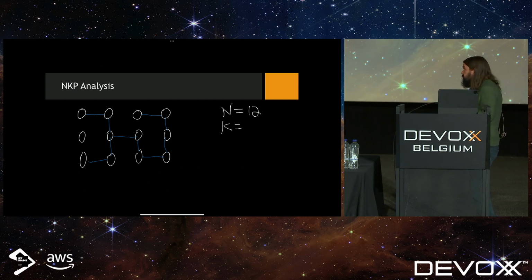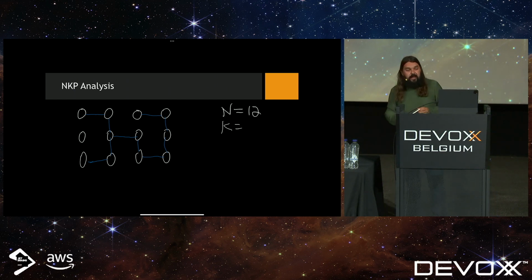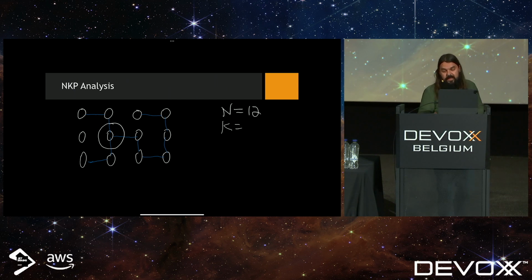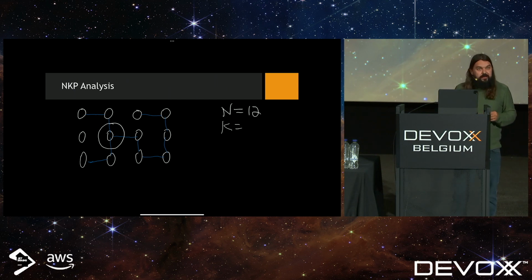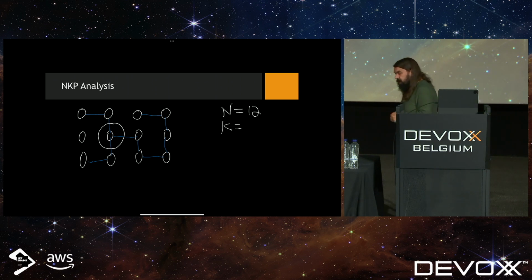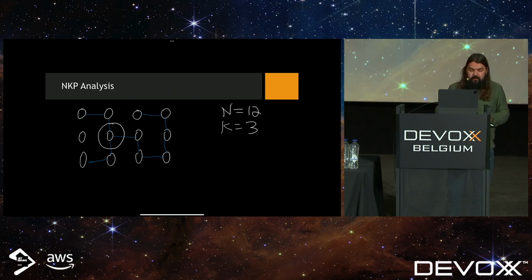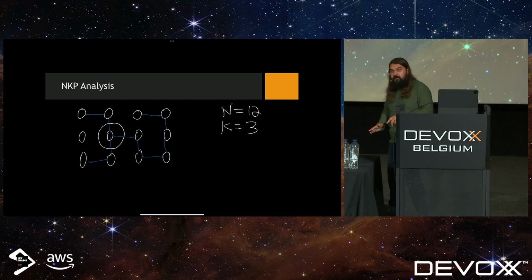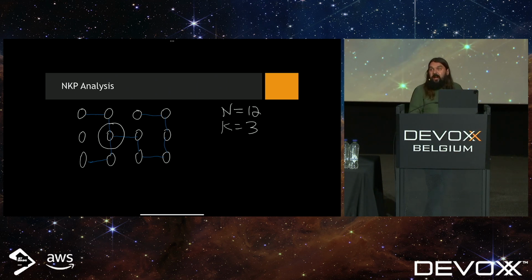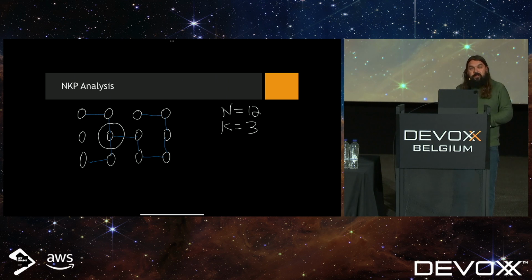Another variable that was really important is k. And k is the maximum number of links that a node has in this system. It can be the maximum or it can be the average, or you can use both. But it gives us an idea of how interconnected this system is. And in this case, k is 3. K max is 3. And he noticed that if k is very, very low, then the system is very rigid, very stable, very ordered, very boring, and very likely to die quickly in a complex environment because it can't change,